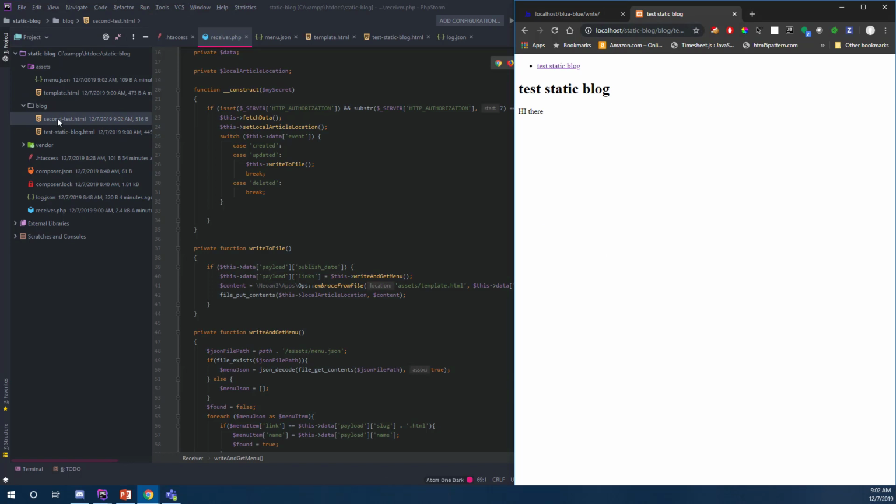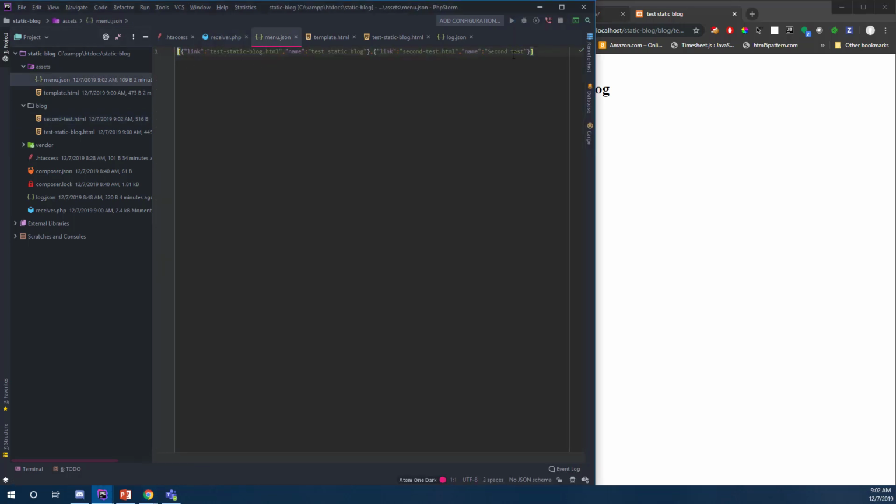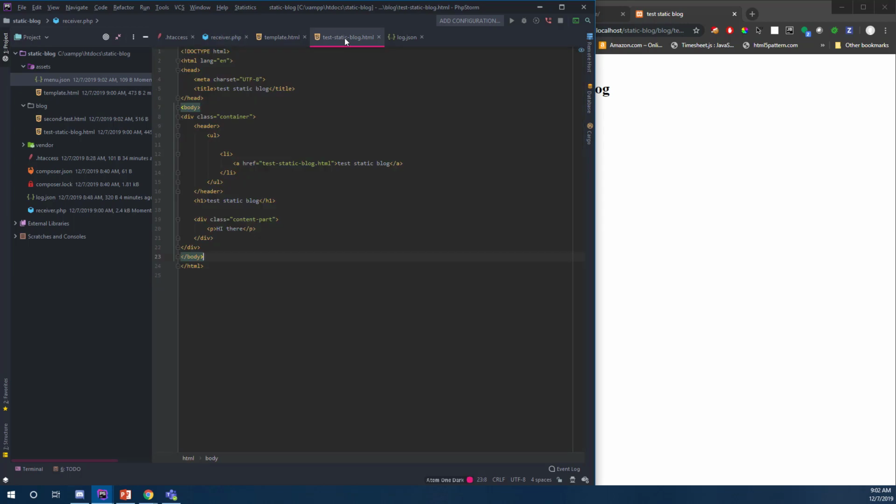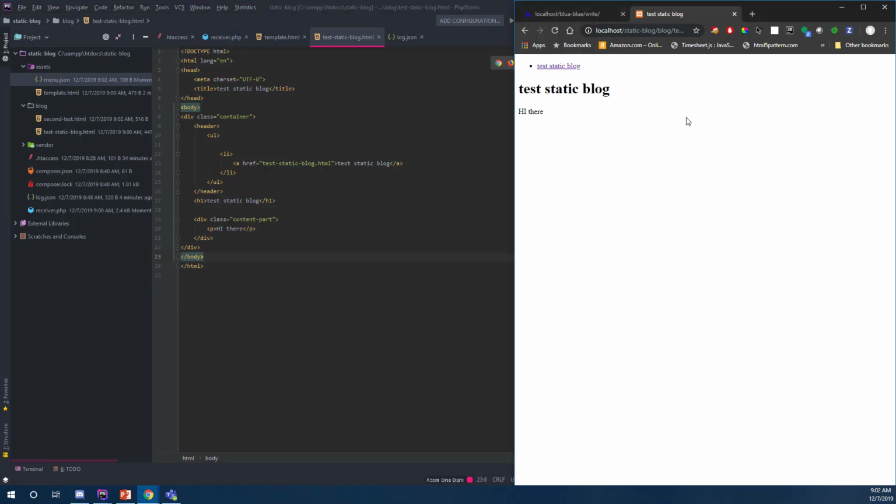Okay. So now we have a second test HTML. Now you can see that even if I reload this first one, I still only have one menu. In the menu itself, I do have two entries, but what I've actually written to the static blog was written before the other one existed. So that only has one hard-coded link in here, which is fine from an SEO perspective, because the search engines will go to that one and then find